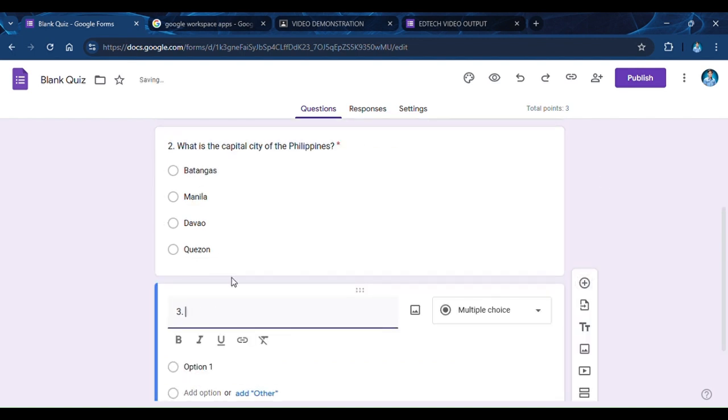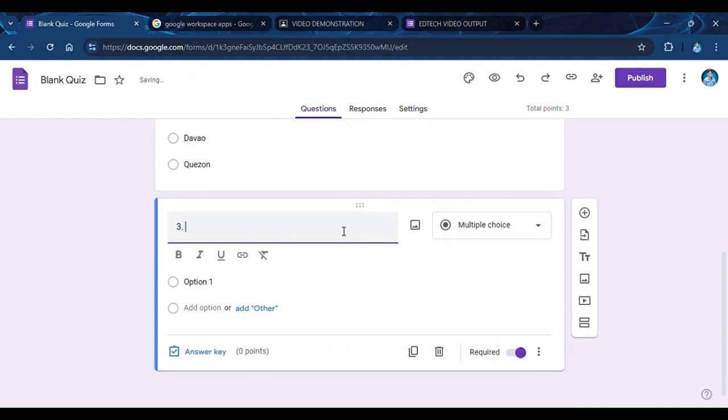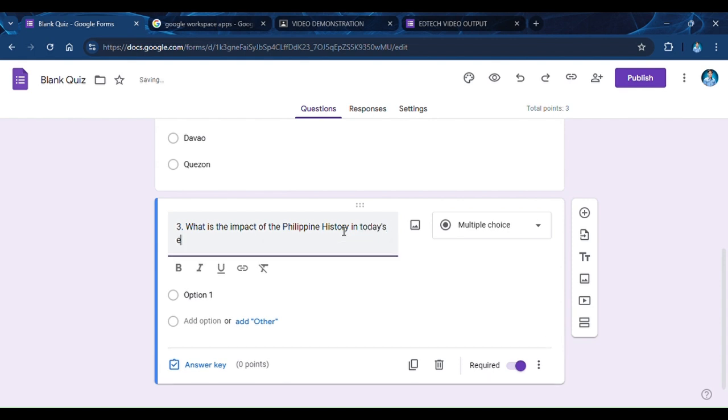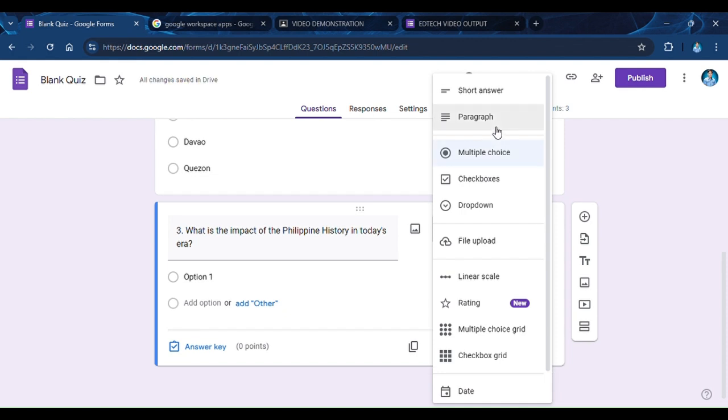Number 3, you can also add another question. What is the impact of... Let's just say it is an essay, for example.